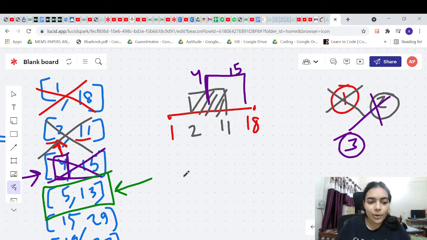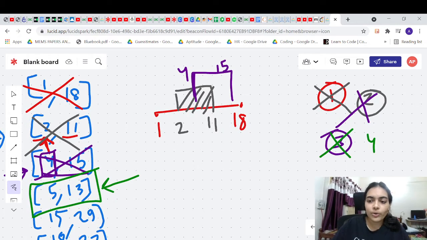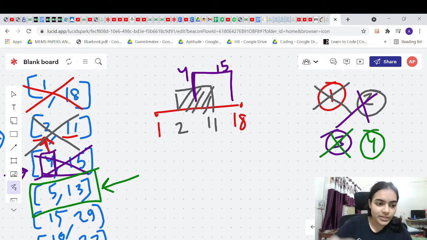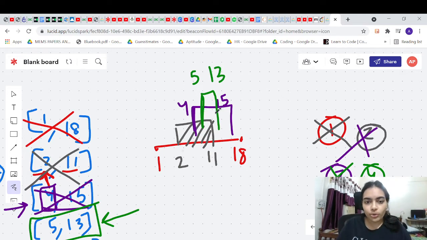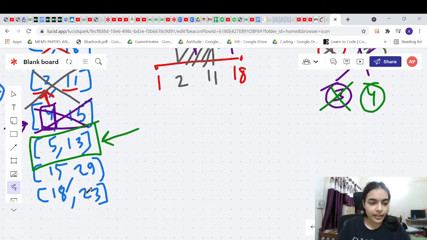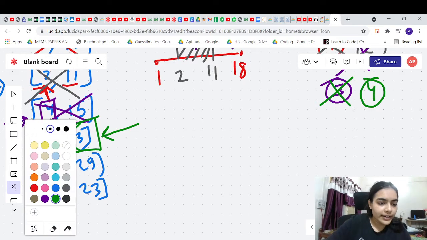So in this case also you need another room, right? There is no way you can accommodate it. So you need 4 rooms now. So this meeting will start at 5. Okay, it will end at 13. Will start at 5, it will end at 13. You need 4 rooms because everything is overlapping. Okay, now let's go to the next possible meeting room.